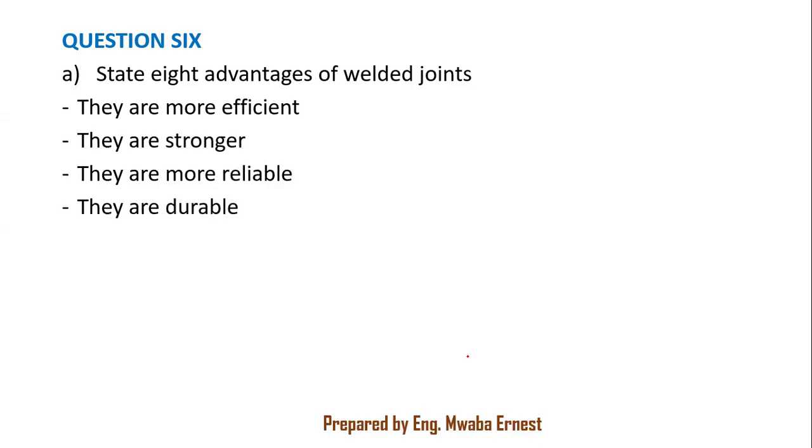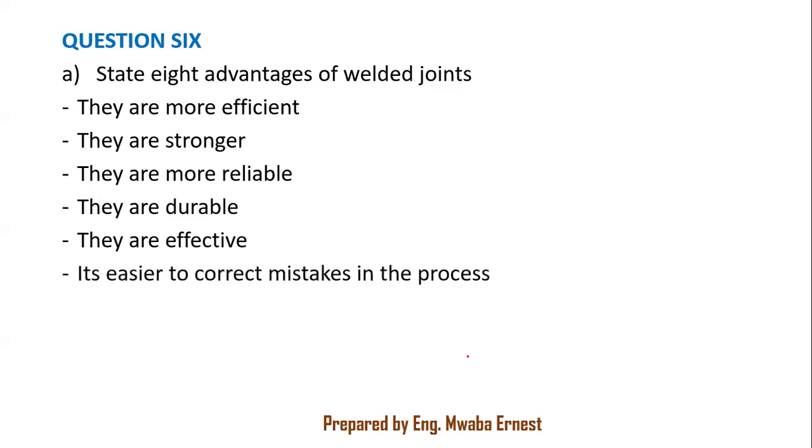They last long, so we can say they are durable and effective. Then it is easier to correct mistakes in the process. Just introduce heat and you're good to go. Meaning that when you find you've made a mistake, you can easily dismantle, remove the weld,